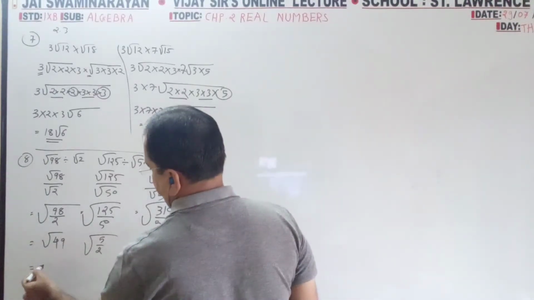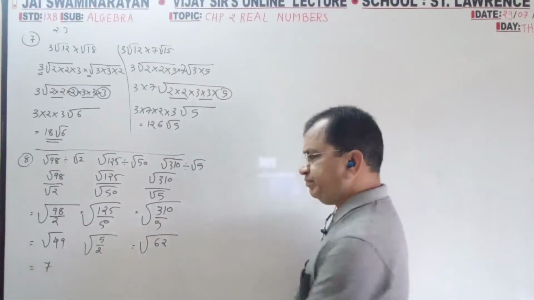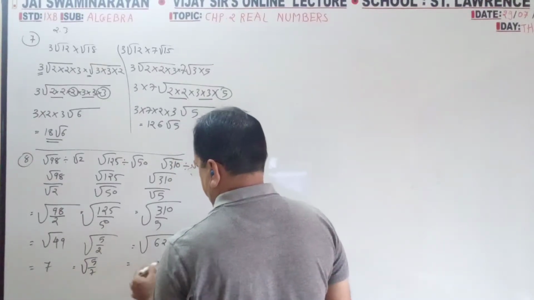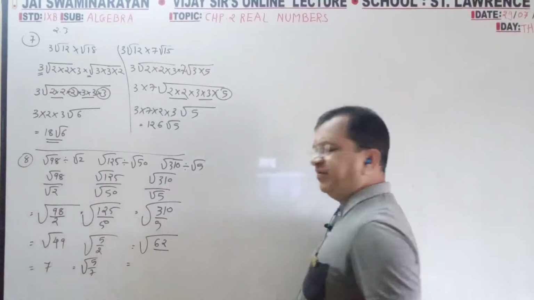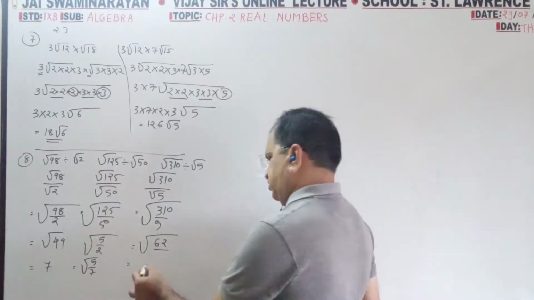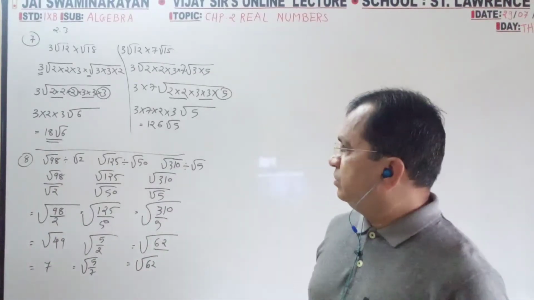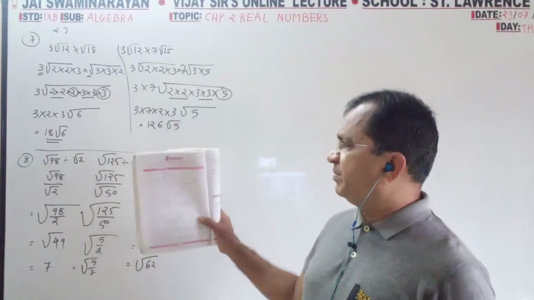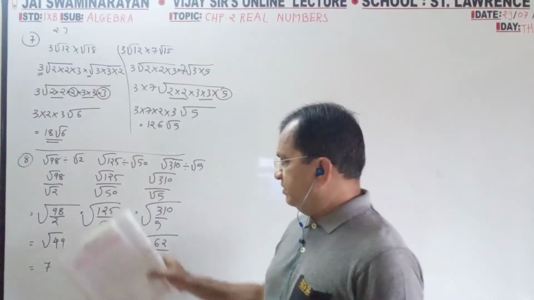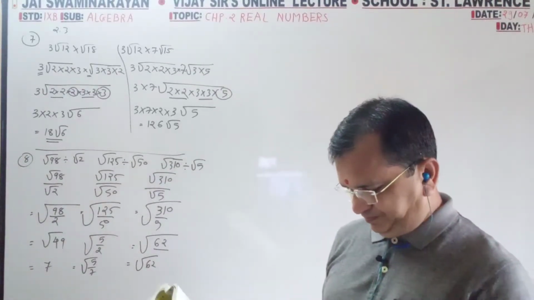Now this can be simplified. 49 square root is 7, but this will be the same. This you can factorize, 31 twos are, but a perfect square you will not get. So as it is. So multiplication and simplifying, division. At the end we want 1/3.